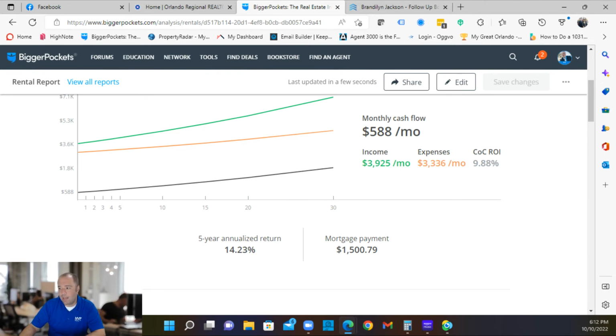So this property is approximately overpriced by $275,000. This is why, if you're listing an income-producing property to sell, you need a realtor who knows how to run these numbers. On top of that, if you're looking to buy property as an investor, you need a realtor who knows how to run these numbers. Now, I run these numbers for my customers, but I always remind them they need to